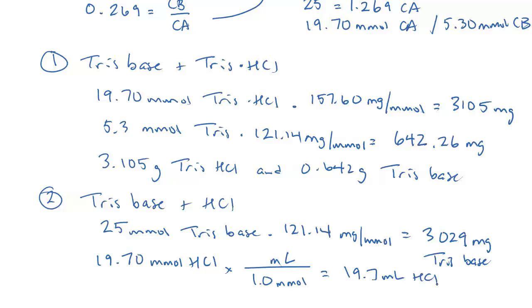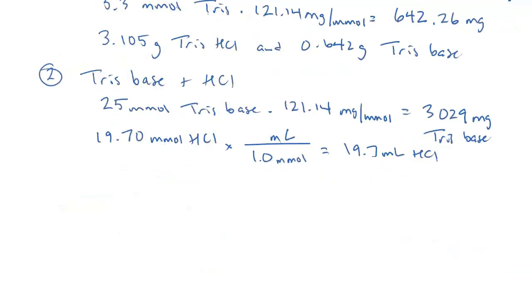See how that works? So I add all the conjugate base, I add some strong acid, I assume that the strong acid reacts 100% with the weak base to convert that over into the conjugate acid form, and now I have the same buffer that I had when I added the solids of both conjugate acid and conjugate base.